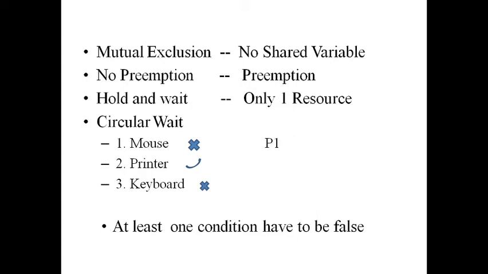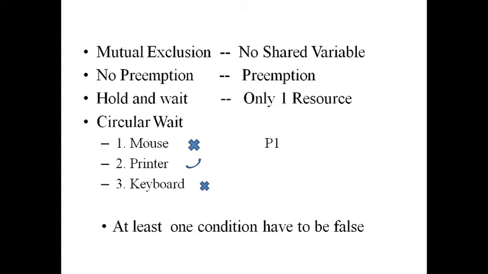Then what would be the fine thing? The fine thing is that for each process only one resource has to be given. Means a process cannot hold two resources at a time. This sometimes reduces the deadlock. This is one of the methods. And the next method is circular wait. This is one of the conditions.